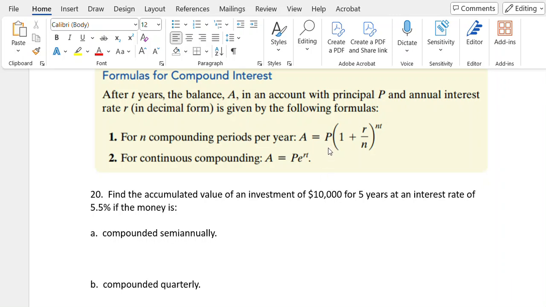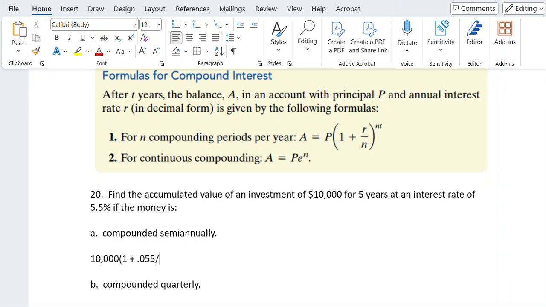We're going to plug in $10,000 for P, that's the principal amount. We're going to plug in 5 for T, because that's the time in years, and we're going to plug in for the interest rate. So when we're plugging in for the interest rate, we plug it in decimal form. So that means that we would plug in 0.055, because we would divide by 100 or move the decimal point 2 places. So what this is going to look like is I'm plugging in 10,000, and then I have parentheses 1 plus